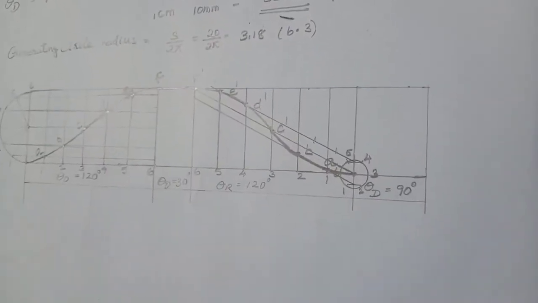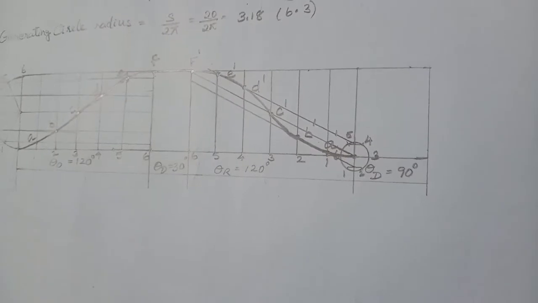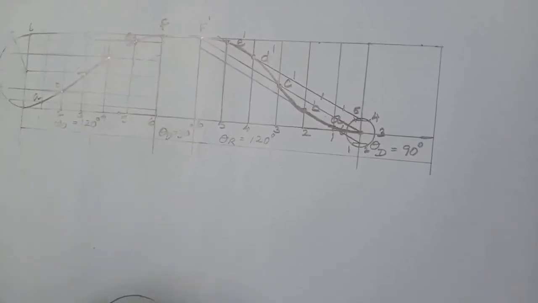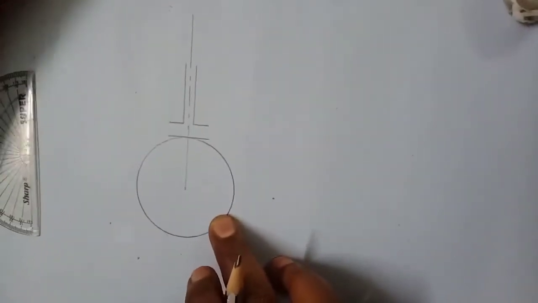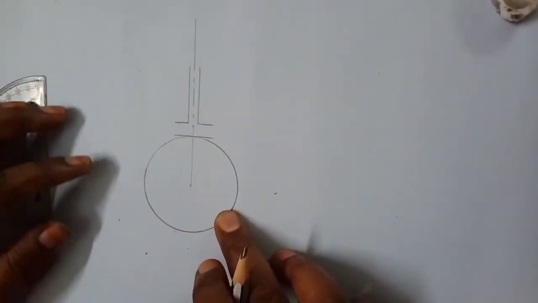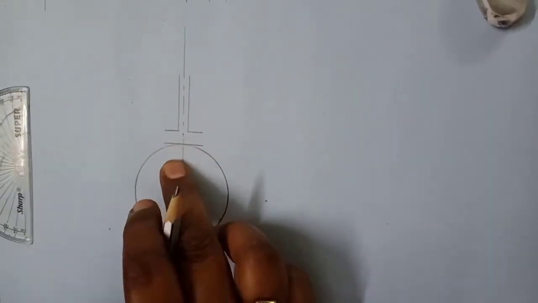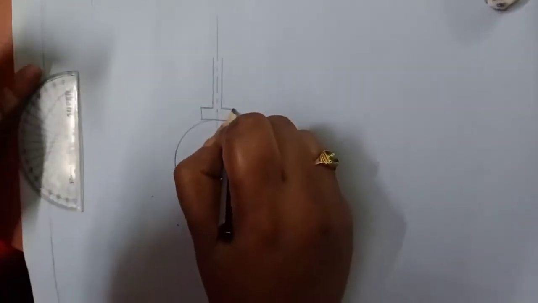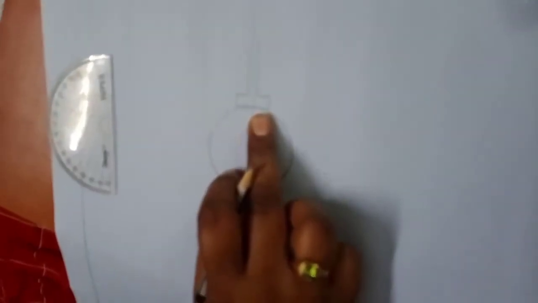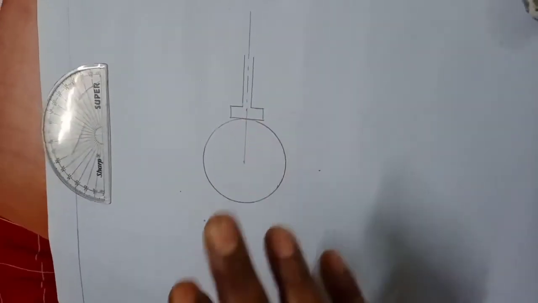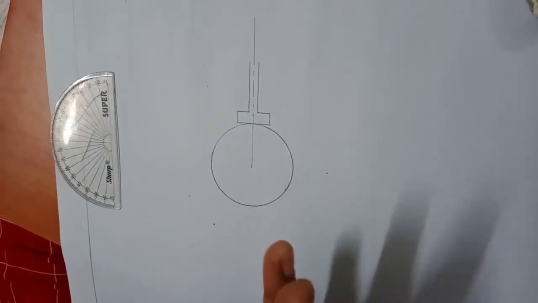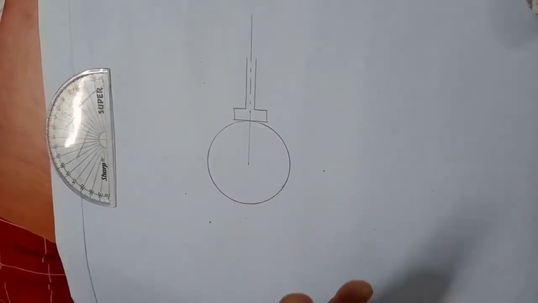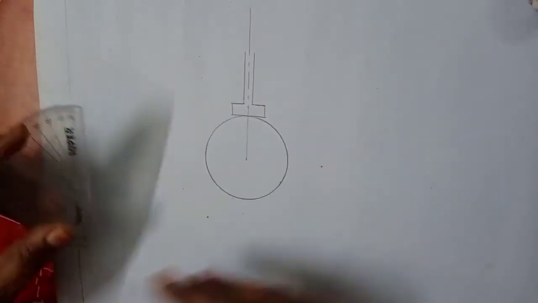Take 25 mm of radius, the minimum circle radius. Draw a line. So now I have drawn the base circle with the radius of 25 mm. And then the mushroom follower or flat face follower. You can simply draw the shape of the follower. I have taken here 10 mm of flat face, so the flat face totals 20 mm. Here they did not mention any direction of the cam profile, so by default you have to take clockwise direction. I have taken clockwise direction here.